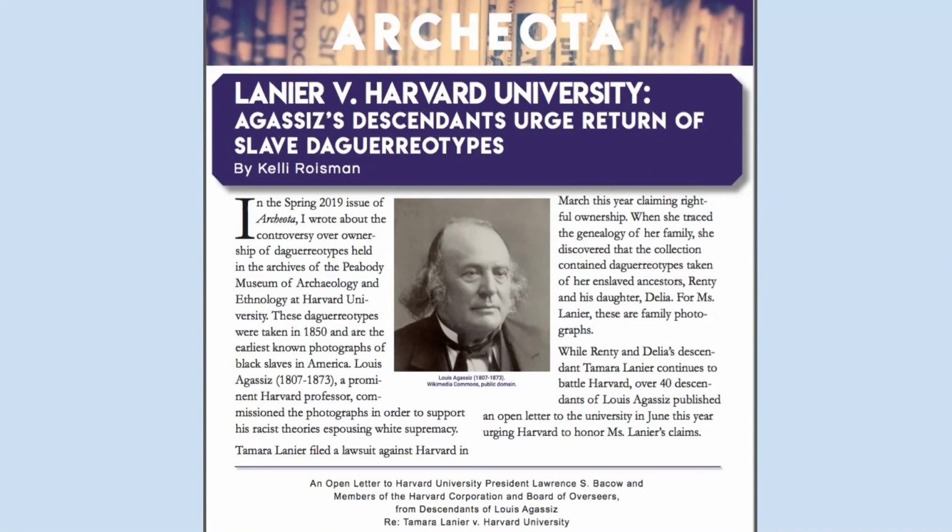And Harvard really just shut it down. They didn't even communicate with her. They didn't want to engage at all. So she first filed a lawsuit in order to claim ownership. I don't think that would have happened if Harvard had just engaged with her and acknowledged that these were